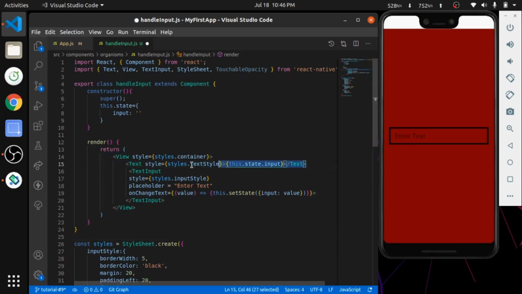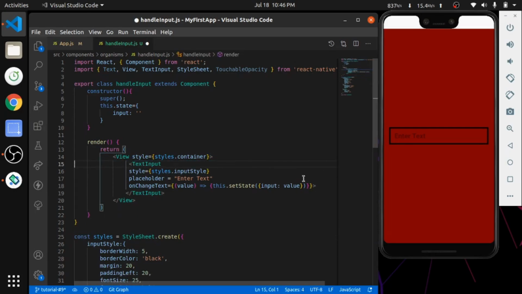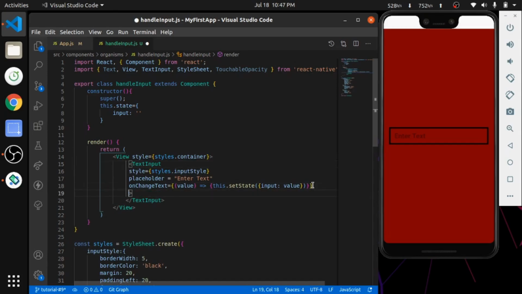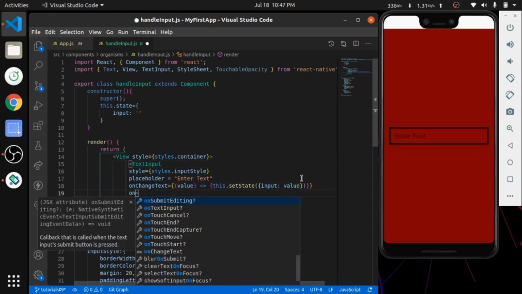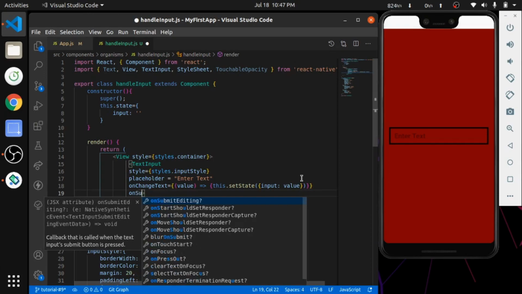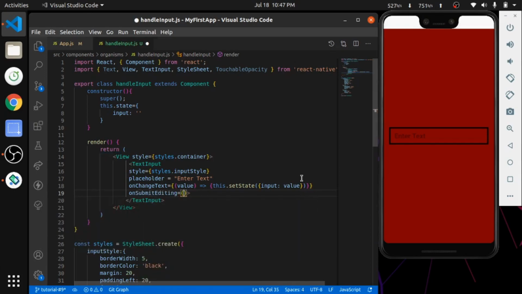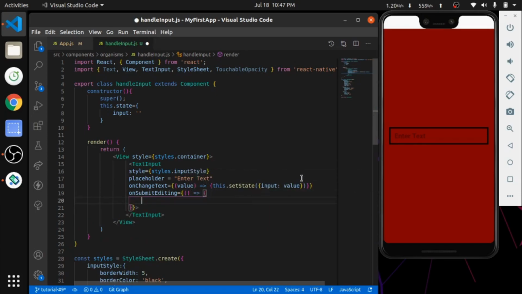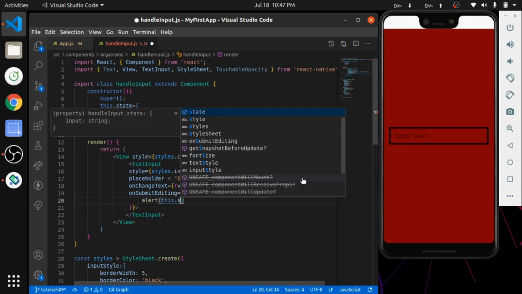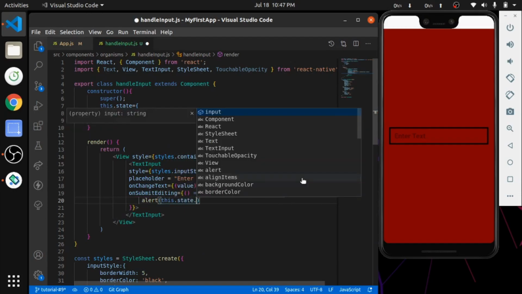Now I am removing text component from here and add here on submit_editing prop. I am adding a function. Now I am going to add alert in this function and use this.state.input in it for showing in the alert box.